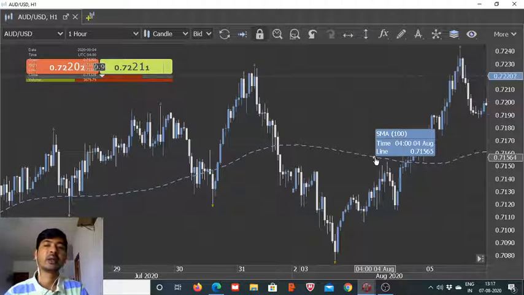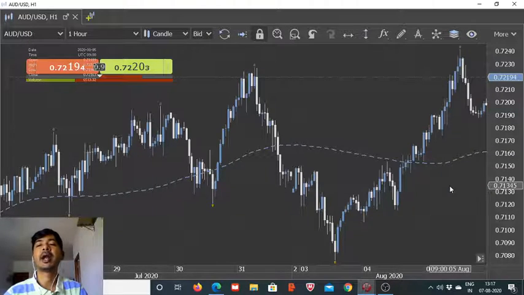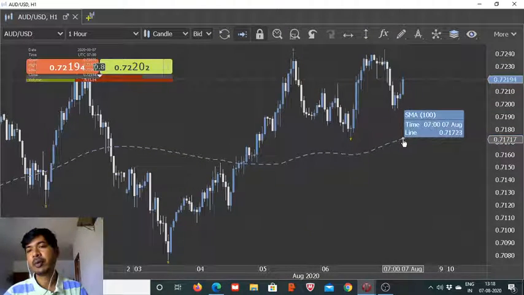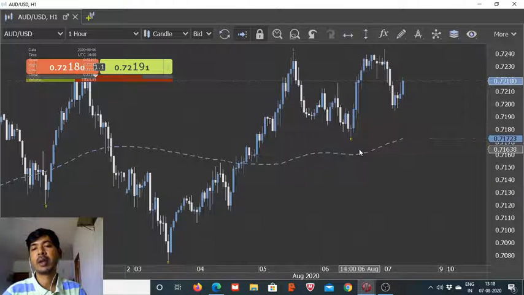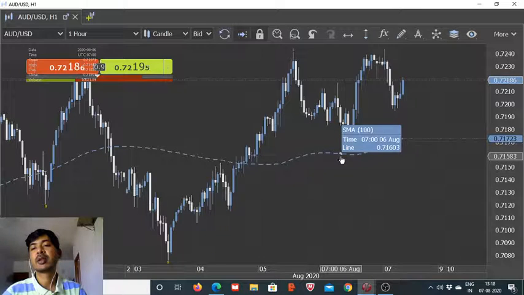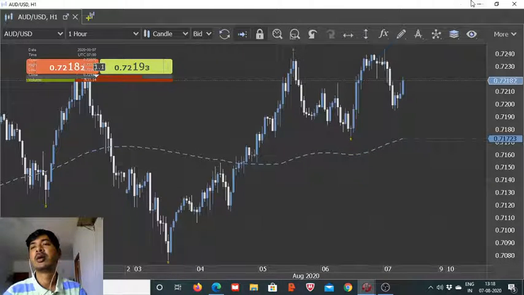What shift essentially does is it is useful to go back in time and see what the value was at that point in time. Suppose now is the time 7 GMT. If we want the data 24 hours back, that is 7 GMT of 6th August, we have to use the shift 24 and then we will get the SMA value at that point in time. So let us go back in time to 7 GMT of 6th August, and this value 0.71603 will be taken into consideration for any calculation or comparison by that block which we will have to